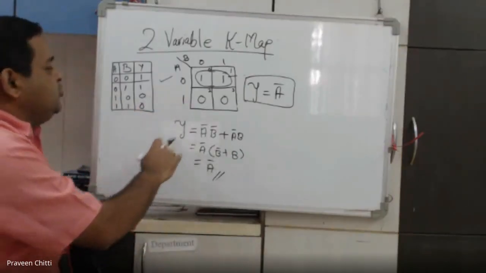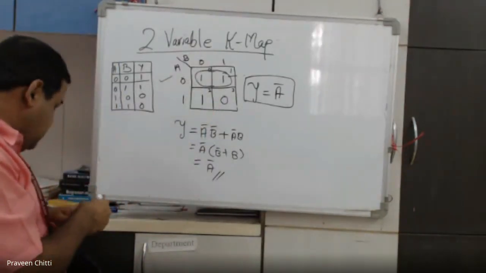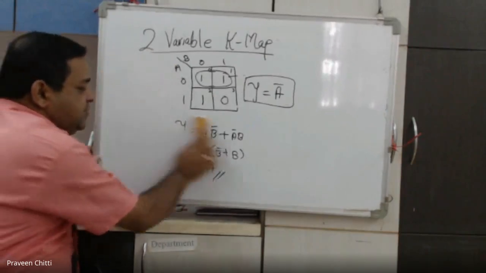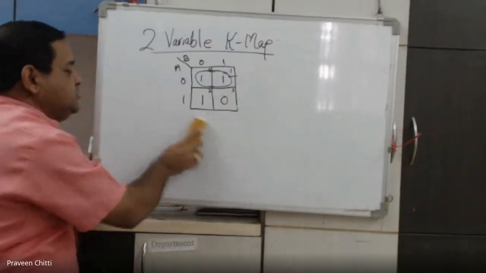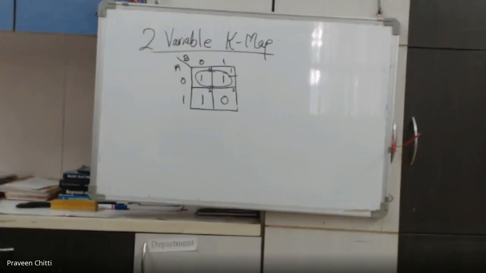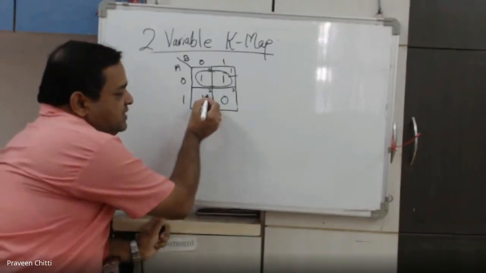Right? Suppose I give you one more example now. If you have like this, there are 3 ones. How can you simplify this? Assume that we have a 2 variable K-map, and I have to simplify it. What should I do now? One pair and one single. Another pair we can form. Now you have found this one pair, but one more one is left out. Now can I combine this one like this?